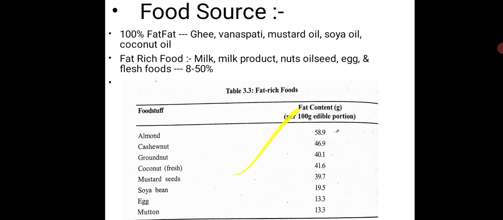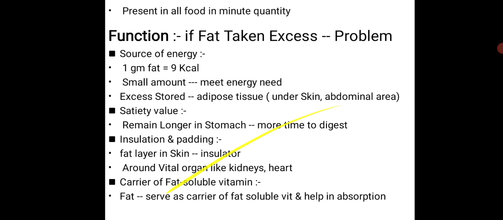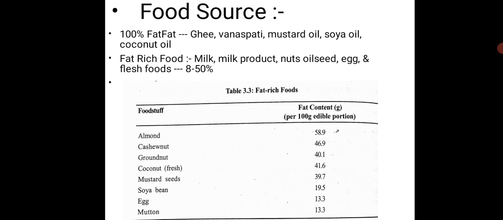And these are examples of fat-rich food. Almonds, 58.9 grams per 100 grams. If you take 100 grams of almonds, they contain 58.9% fat, and cashew nut contains 46, then groundnut contains 40.1, then coconut